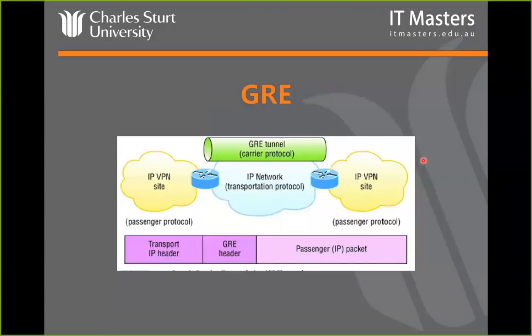The good thing about GRE is that you can carry multiple protocols over GRE if you want to do that. So it's a bit of a throwback to ancient times when we had IPX, AppleTalk, other sort of protocols that Cisco supported. You could build a GRE tunnel across an IP-based network, like the internet, for example, and you could tunnel your IPX and your AppleTalk and whatever else over that if you wanted to do that.